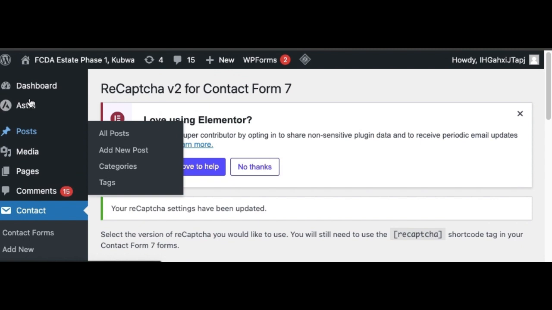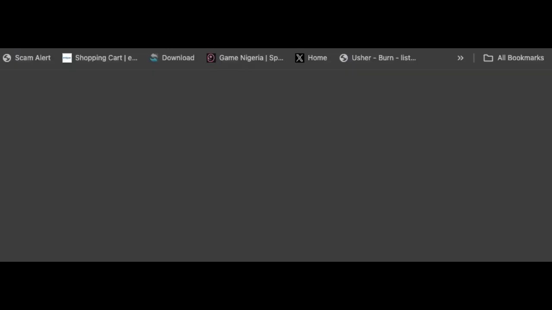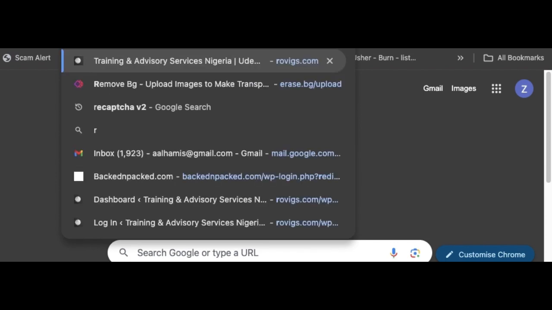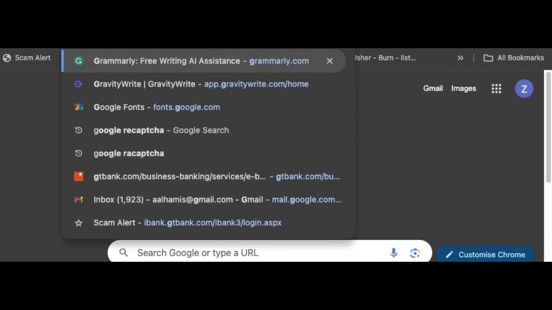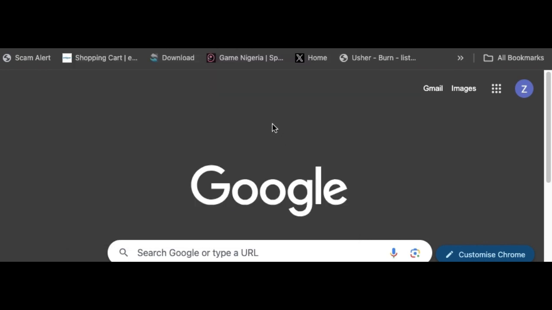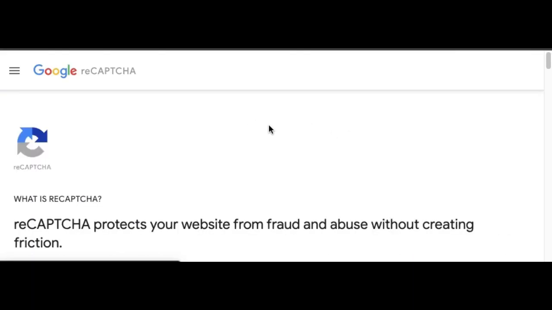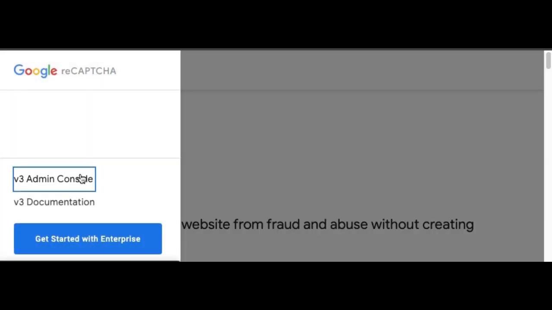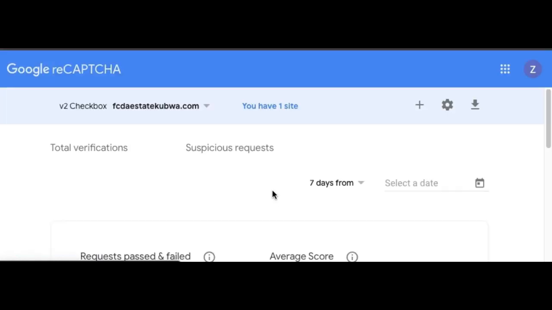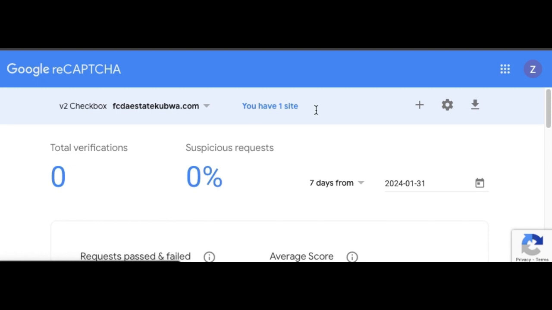So going to the third step of the tutorial, to get the APIs, you need to go to a new tab and search Recaptcha. When you hit the enter key, it will come up here. You click on Recaptcha, but please make sure that you log into your Gmail account before you do that. Then you click on admin console. When you click on admin console, here you can click on